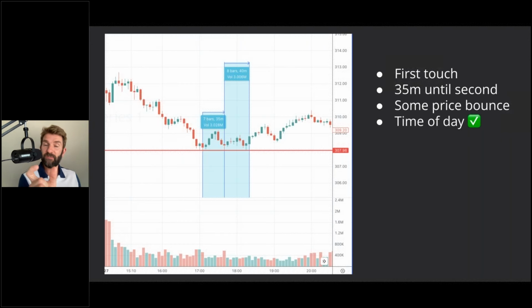You've got 35 minutes in between, which is a good amount of time. You've had a good dollar move up from 308 to 309. So it's reasonable. It's not just sat there 10 cents above that low. You've had some sign that indicates there's someone there who's willing to buy, or at least outstrip the sellers. Now, for every buyer there's a seller, so we've got to be careful how we frame that. But the demand has come in more aggressively, lifting offers. And then when it retests again, now it's getting more interesting.